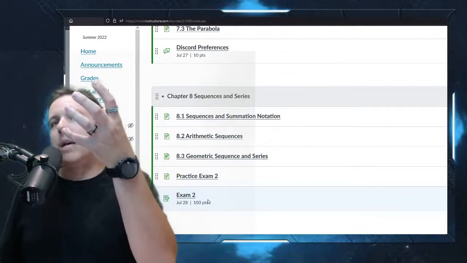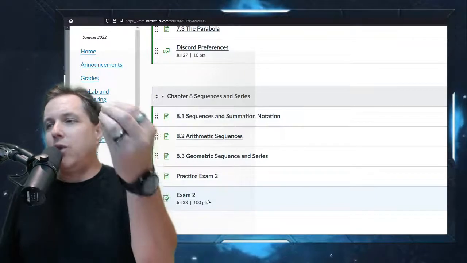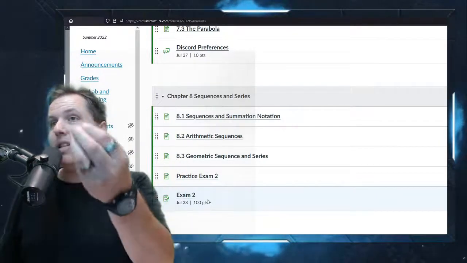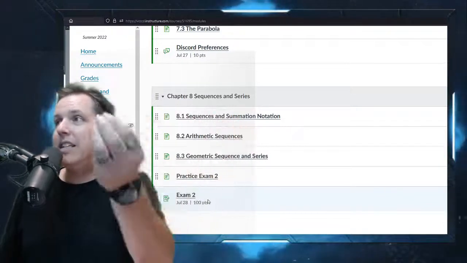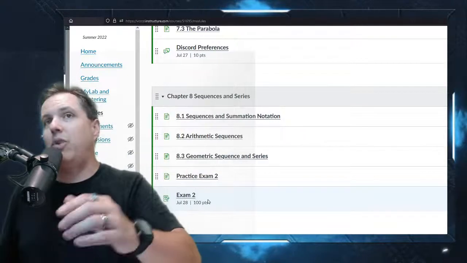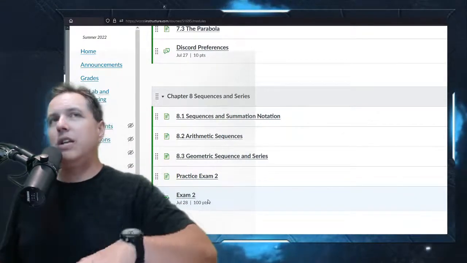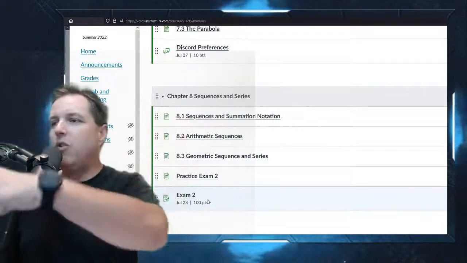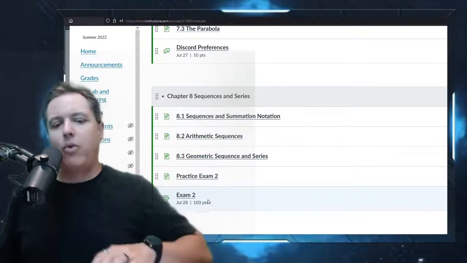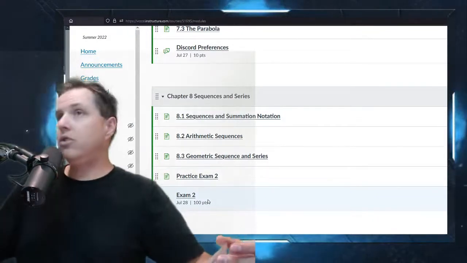But sometimes what happens is students are so worried about homework points that they're doing homework they already know how to do to get the points, but they're doing that instead of studying for the test, and then they end up not doing as well on the test. And homework points are not worth as much as test points. So anyways, this lets you kind of strategize how you want to do it. Go in to learn the material, but then those last couple chapters I can still work on later and get those points there. Okay, so whatever strategy you think is going to work for you, you should do that.